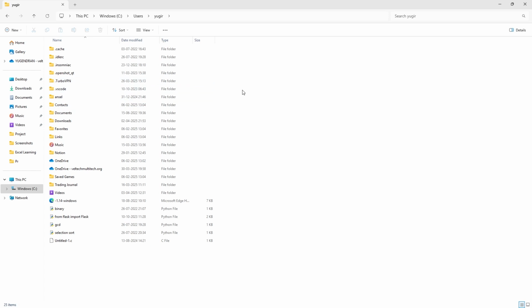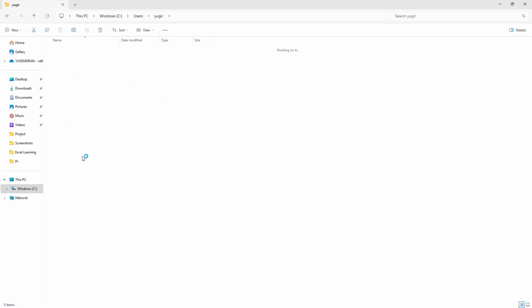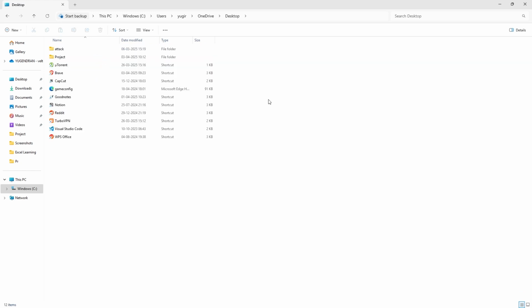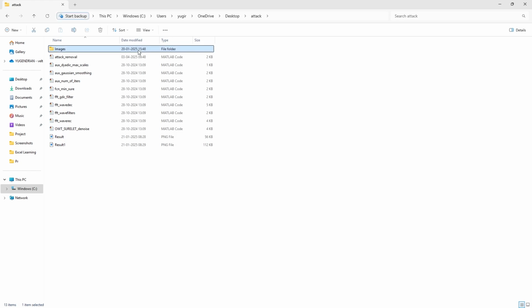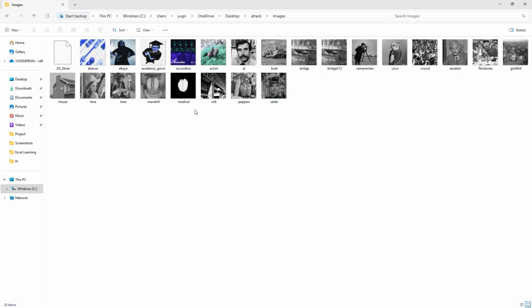Inside your user folder, locate and click on the OneDrive directory. From here, open the desktop folder. Within the desktop folder, find the attack folder and double-click to open it. This is where our images are stored. Once inside the attack folder, you can now select and import the required images.